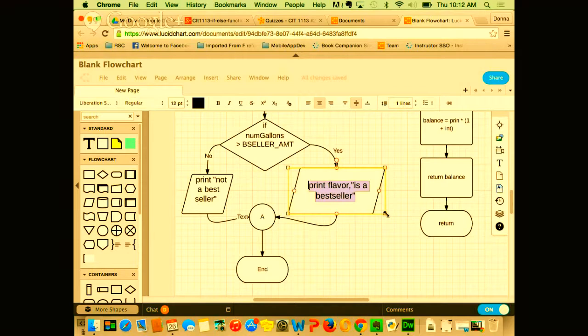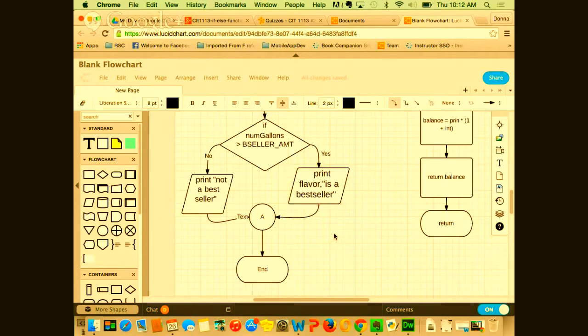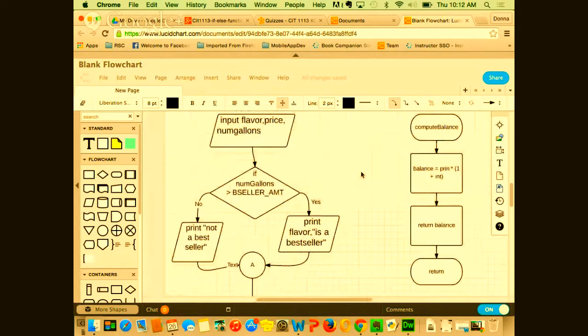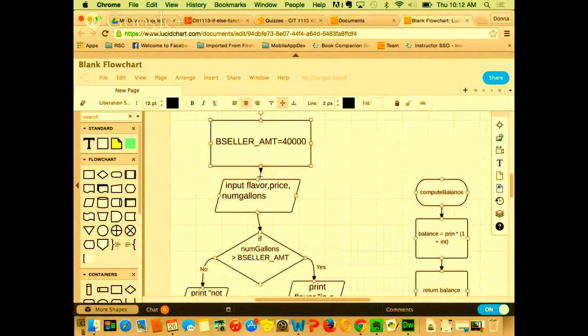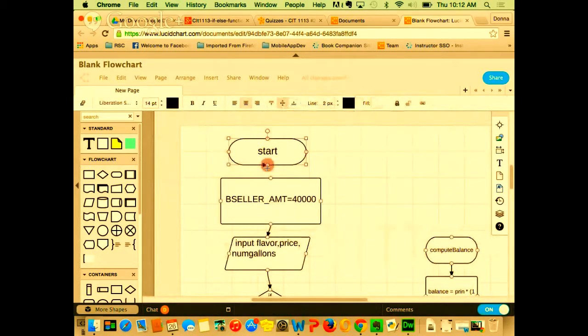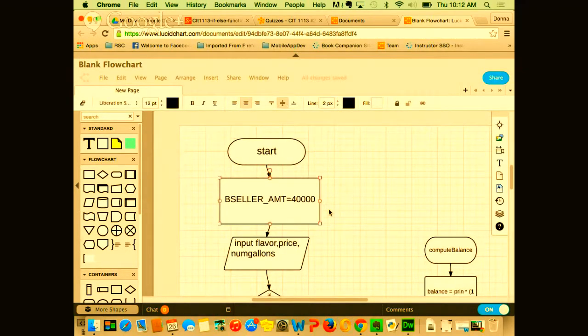Okay, so now I can make this box a little smaller also. Similar. Okay, so that's my flow chart. Ignore this over here for right now. That's my flow chart for part 1. Anybody have any questions about the way I did it?